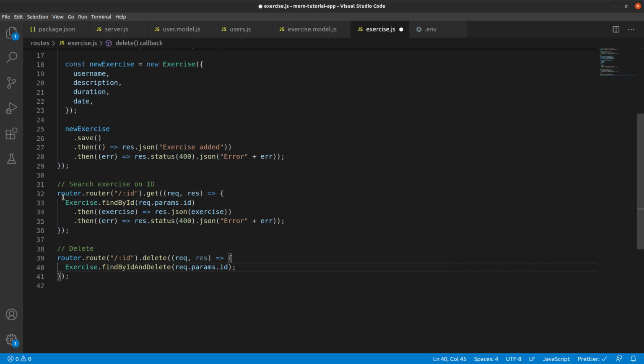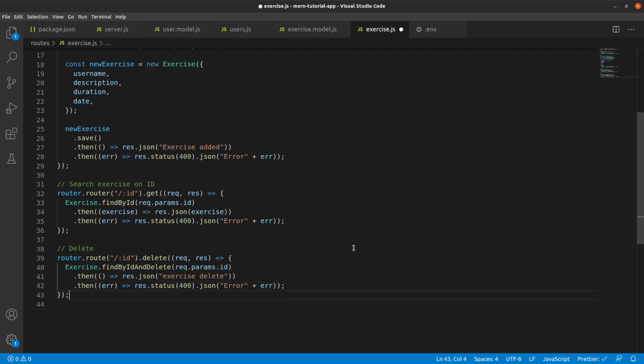I guess we just copy the above message for faster execution. You can copy the code from the GitHub link that I'll be providing. Exercise deleted, and obviously we won't be getting anything as an output from this particular method.